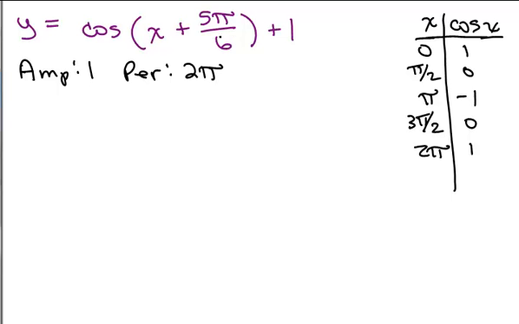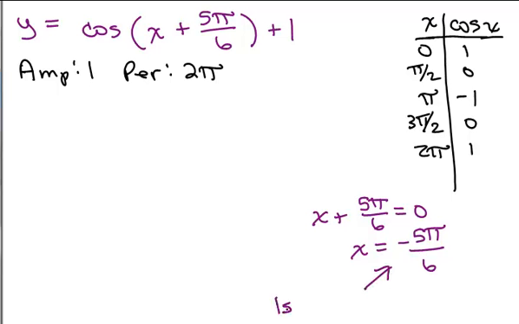To get the phase shift, remember what we do? We take what's inside the parentheses and set it equal to 0. So if we do x plus 5 pi over 6 and set it equal to 0, and then solve for x, this tells us two things. It's going to tell us our first x-coordinate of the key points, and it also tells us that the phase shift is the absolute value of that, 5 pi over 6. The negative sign tells you it goes to the left. So we could say that the phase shift is 5 pi over 6